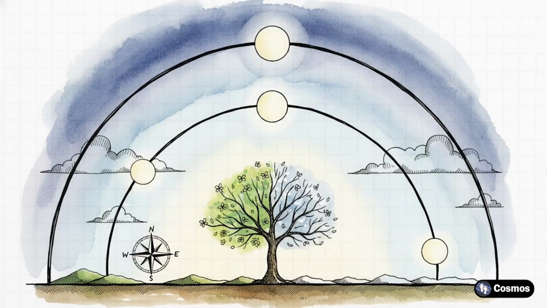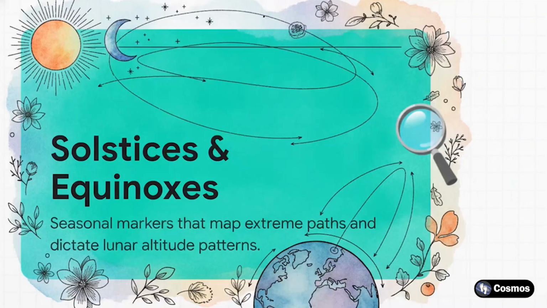Moving right along, let's get into our next section, mapping the lunar heights. Because our localized experience doesn't just stop at left and right. Oh no, it's also all about altitude. Your specific latitude and the current season completely dictate how high or low the moon hangs in your sky. Before we crunch the actual altitude data, we have to anchor ourselves with the solstices and equinoxes. These seasonal milestones are the secret keys to unlocking the moon's high and low altitude dance.